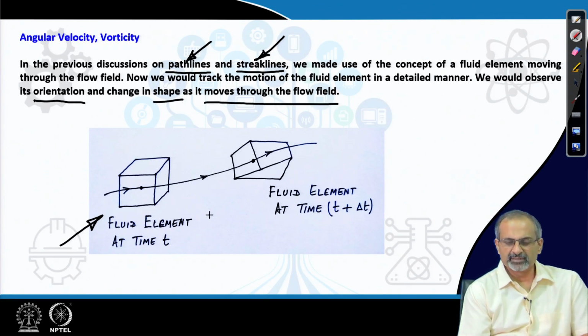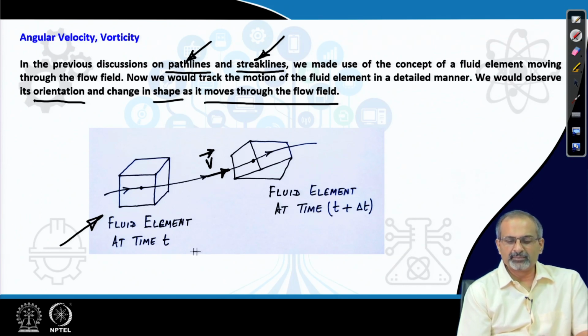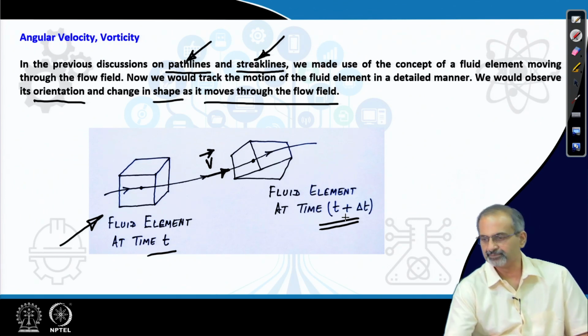So, this simple sketch tells us that yes, indeed, when it moves through the flow field, it may be following streamlines like the one we have shown over here, and we recall that the velocity vector which is existing at this locality is basically carrying it from one location to the other. We find that the cuboidal fluid element at time t seems to have changed its orientation or shape by the time it reached another location some time later, t plus delta t. How can we analyze the change in a simplistic manner to begin with?